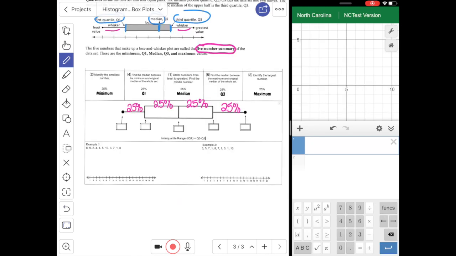All right, so to start this off, we're going to find our median, and we're then going to find our minimum and our maximum and identify those. But we need to first put everything in order from least to greatest. If you don't put it in order from least to greatest, then that's already going to make your